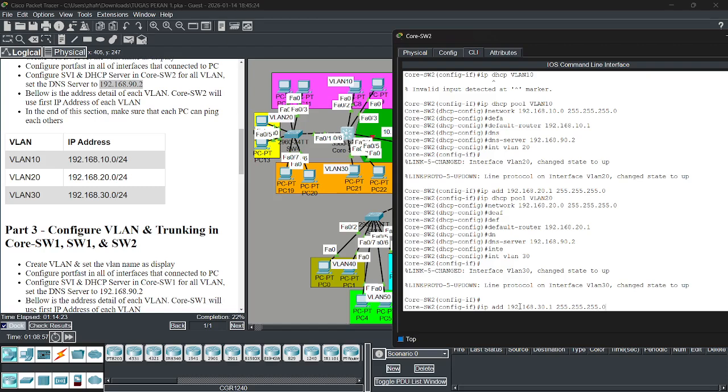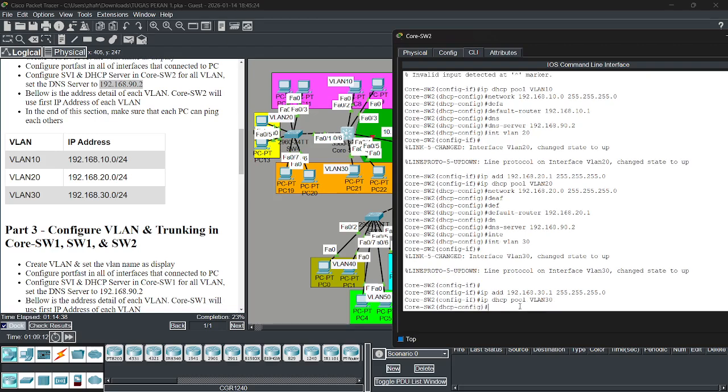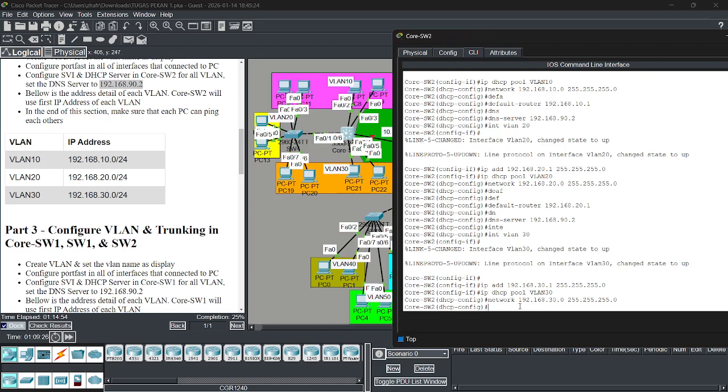Okay, ip dhcp pool VLAN 30, network is. Okay.